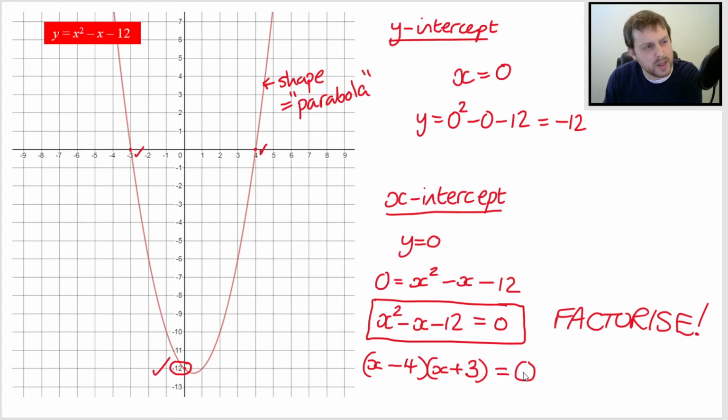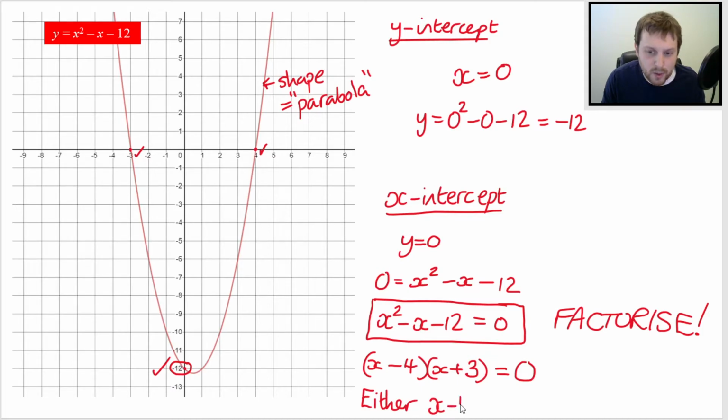Now, if that equals 0, then how do you get 0 when you times two numbers together? What does at least one of the numbers have to be? So one of the numbers needs to be 0 in order to end up with a product equaling 0. It needs to be 0 times something equals 0, or it needs to be something times 0 is 0. The point is either